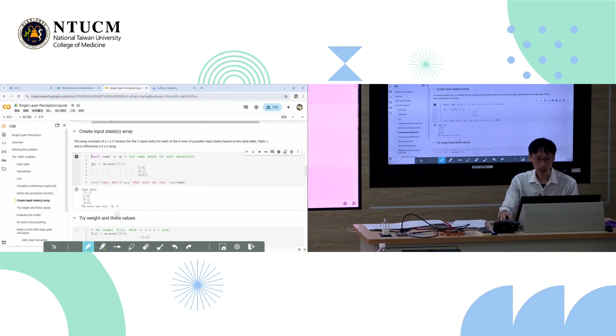An input array called AI. We understand that the inputs are just 2 units, but because we have 4 states, we make it into an array that is basically 1, 1, 1, 0, 0, 1, 0, 0, a 4 by 2 array. Okay, so don't get confused. It's not that the input is made of 4 by 2 input neurons. It is still just 2 units as input neurons. But these neurons change states 4 times, or 4 different types of states. So that's why we are creating this. Okay? I'm doing it this way because it's more efficient. You'll see, okay, later.